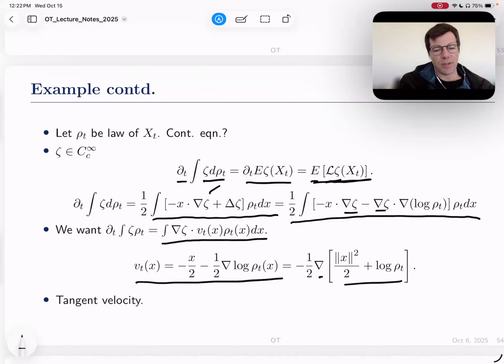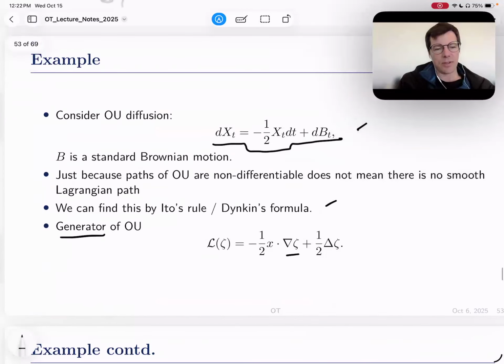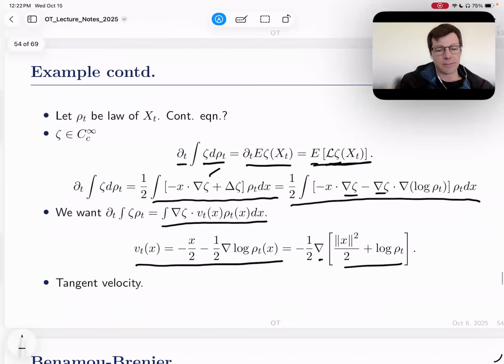Like again, as I said, Ornstein-Uhlenbeck is not a smooth path. It's Brownian motion with some drift, which is this. If it goes very high, it gets pulled towards zero. If it gets very low, it gets pulled upward to zero. This is the characteristic way of thinking about Ornstein-Uhlenbeck as a negative feedback loop. But that's not the velocity that Wasserstein space is giving you. The Wasserstein space is giving you this velocity, which is this term,